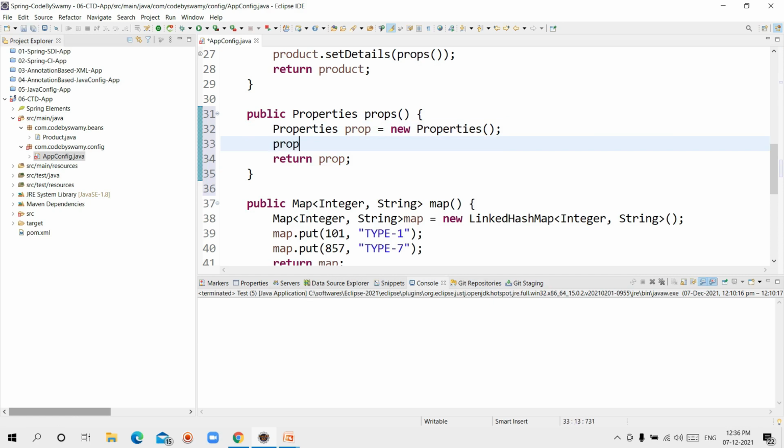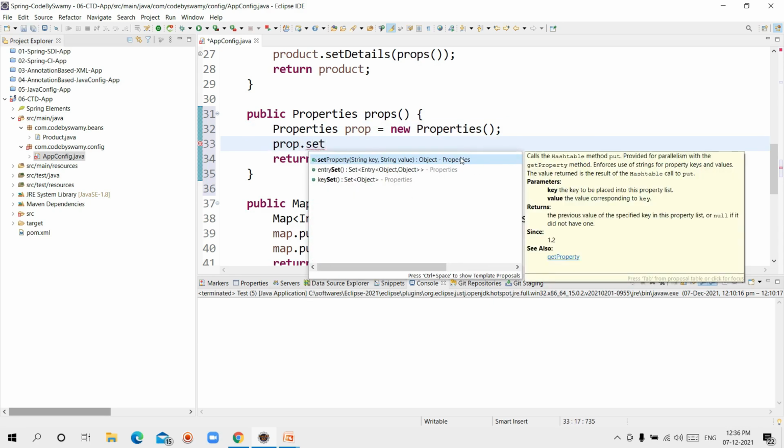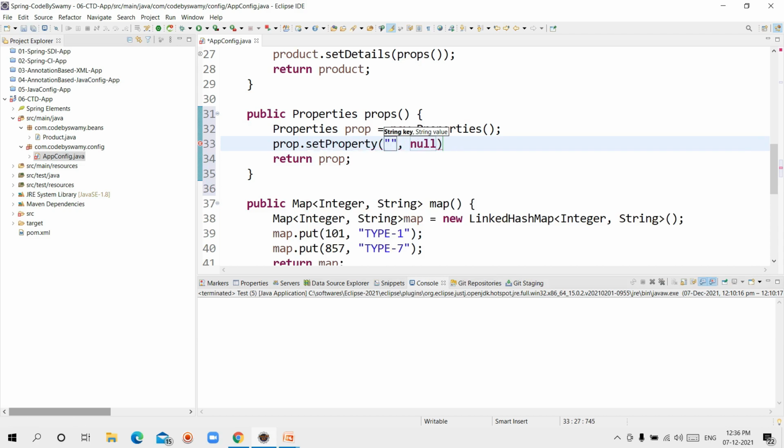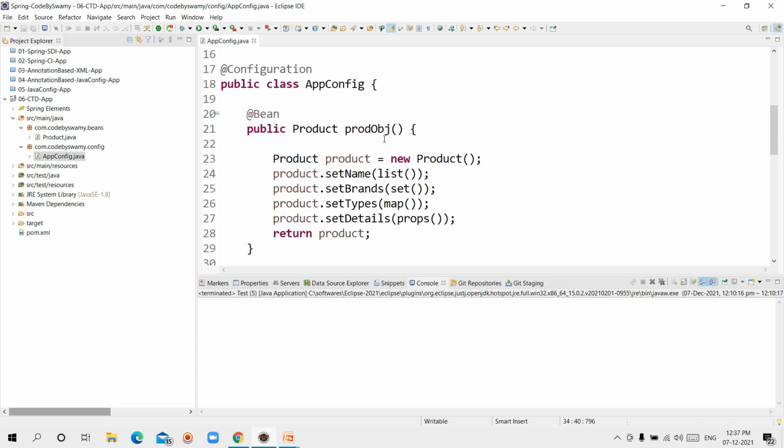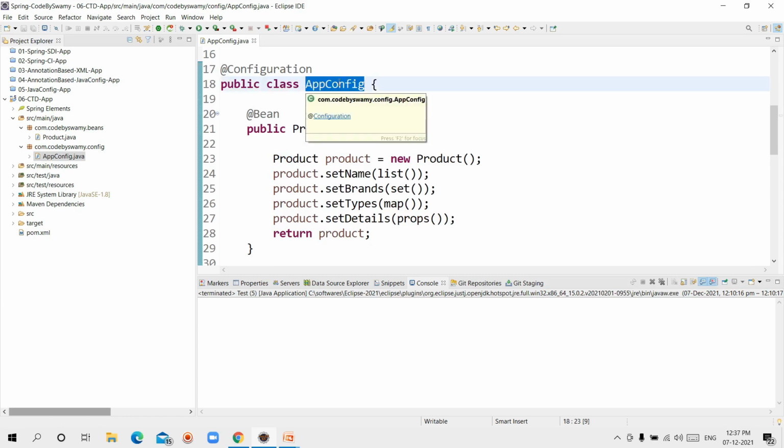We give details, for example, first for laptop, right? Laptop, I'm taking review good. Next one, prop dot set property TV, the review is nice. This time I'm done with the configuration class.